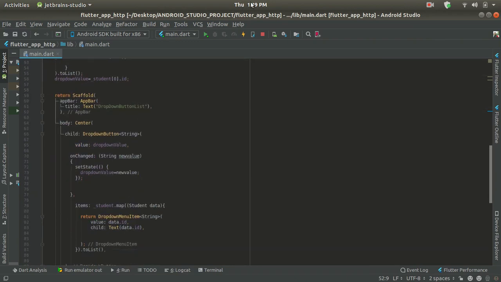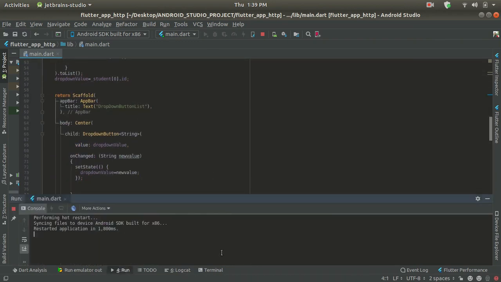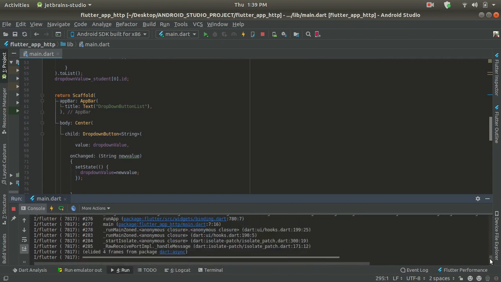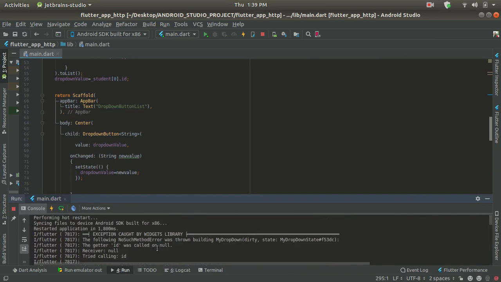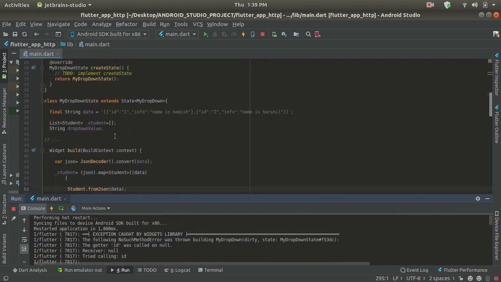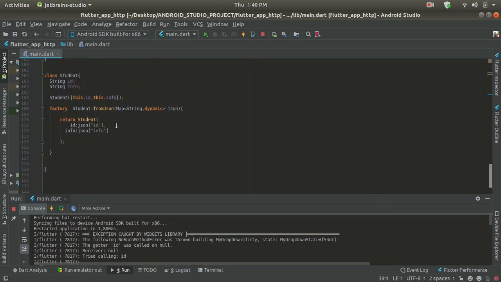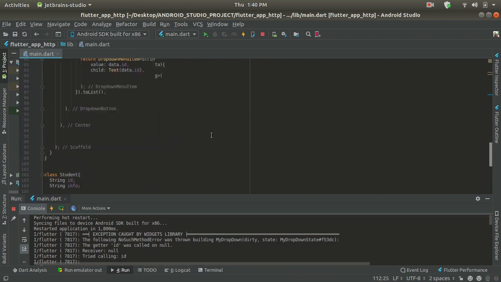Now friends, if it's throwing an error like the one given over here, as you can see, it's throwing some error that the id value was called on null. To solve this error, just alter the situation where we provided data in the form over here. We used double quotation outside and single quotation inside, but the JSON format requires double quotation inside. So just change this part and convert to single quotation outside and double quotation inside, and the same thing you have to do here in the constructor. In the JSON, as you can see, I provided double quotation over here because JSON requires double quotation.